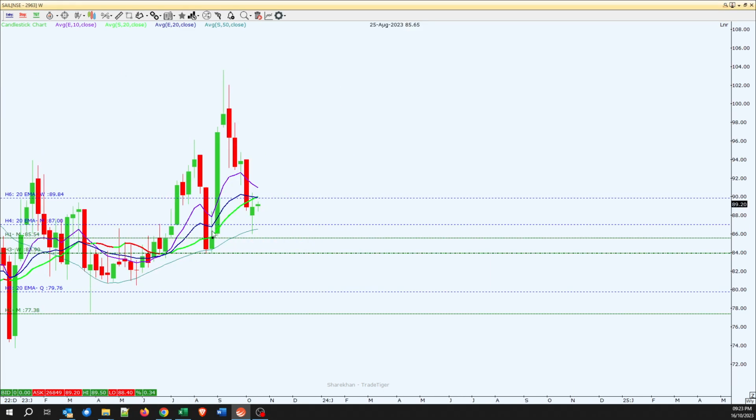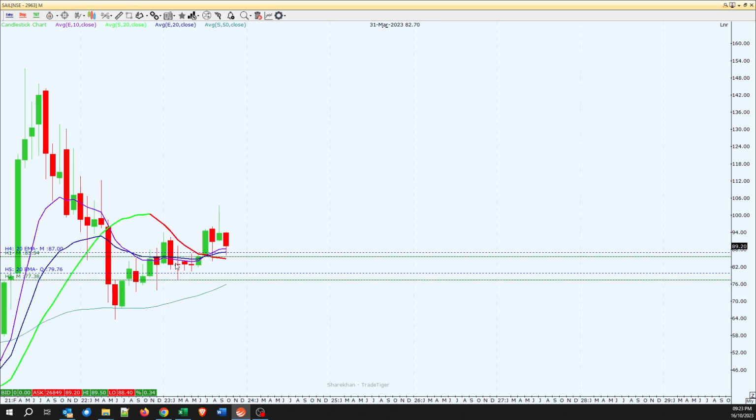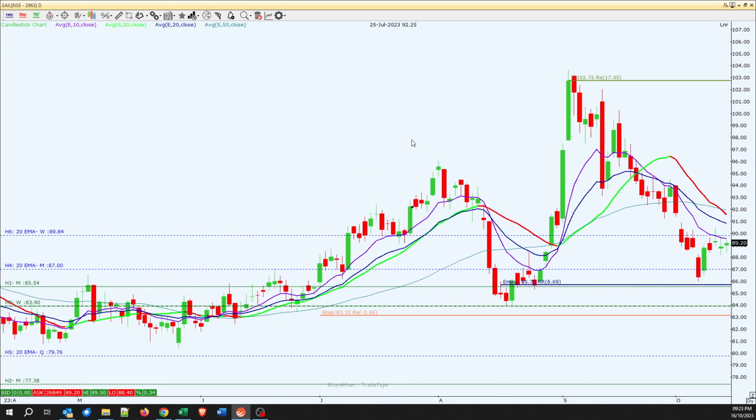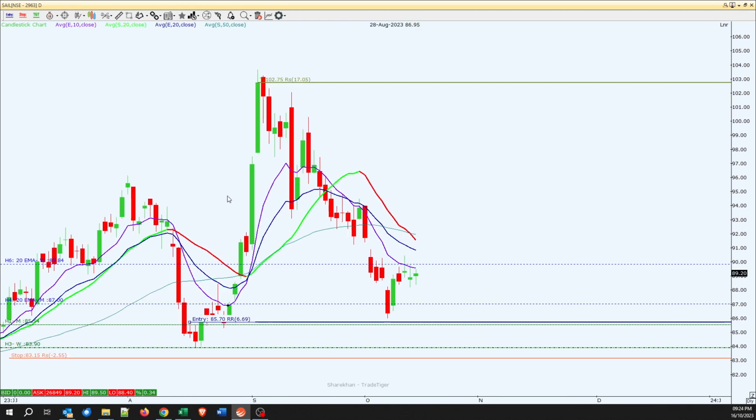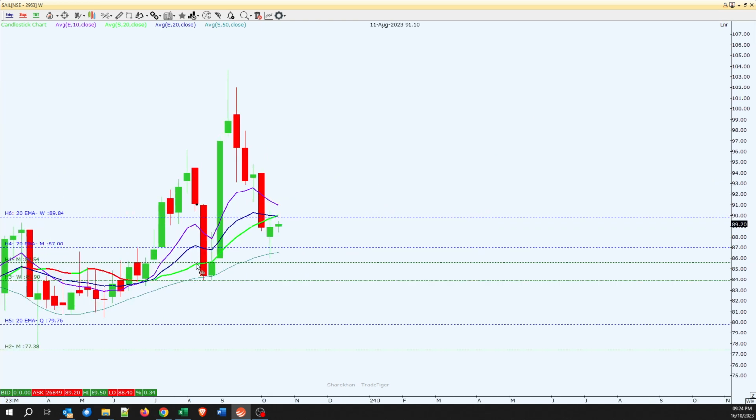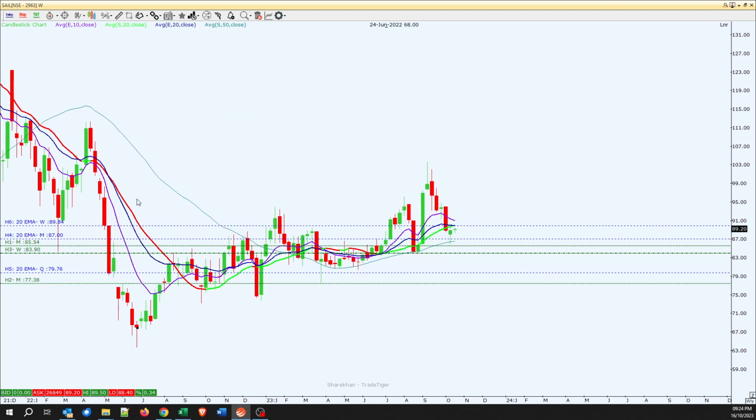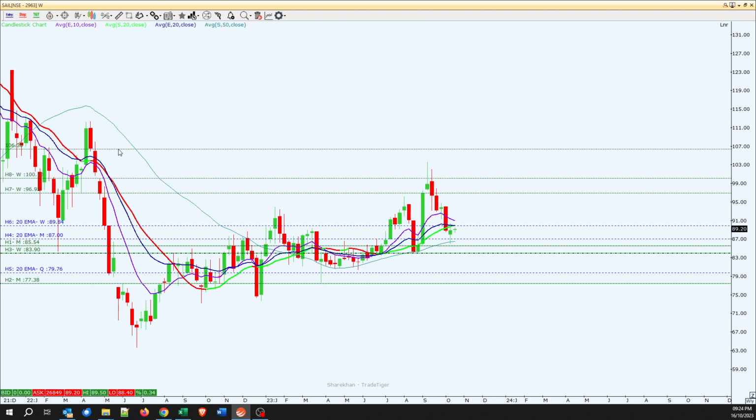In the process of moving up, it has created a monthly demand zone here. See this drop base rally monthly demand zone with the monthly EMA, and with that I also expect the price to move up. On the weekly also, it has created a drop base rally demand zone closing above the previous supply zone. Here there was one supply zone. This was the previous supply zone, and this is the next supply zone. So I've marked all of this.